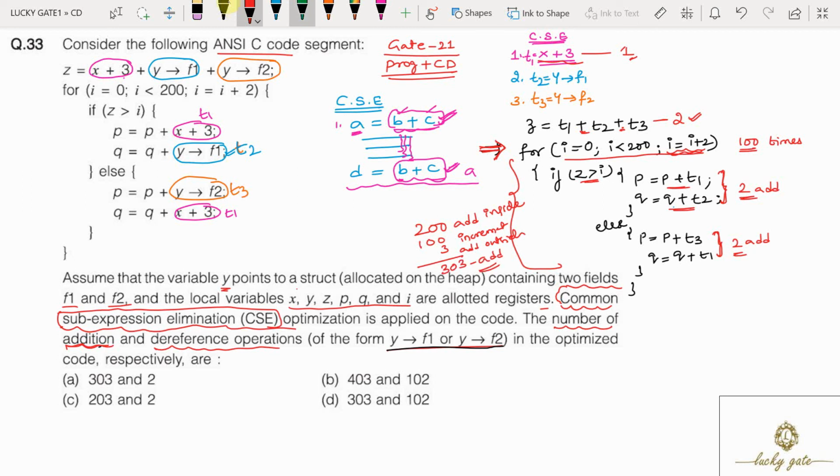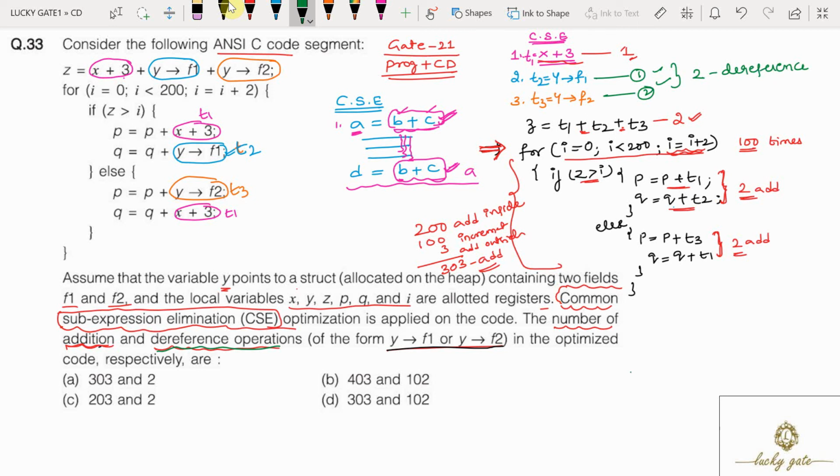And it also requires finding the number of dereference operations. Just look at how many dereference operations there are. This is one dereference operation, this is the second. Do you have any other dereference operations inside the loop or at any part of this program code after these two statements? No. So in the optimized code we have only two dereferencing operations.